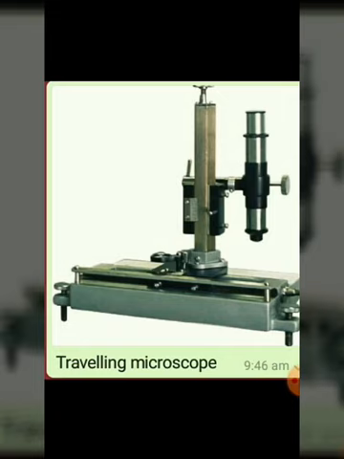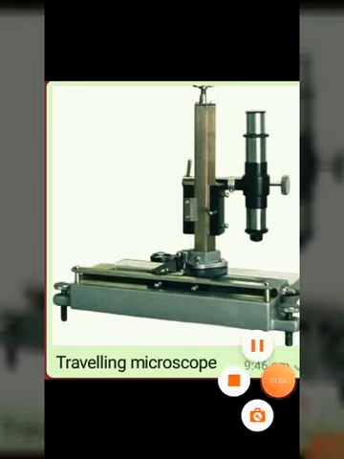Already you know very well, in 9th standard we studied about vernier caliber. What is the vernier caliber least count value? 0.01 millimeter. So, the travelling microscope works based on the principle of vernier caliber. The travelling microscope is based on vernier caliber because it is used to measure very small length of the object in 0.01 millimeter.